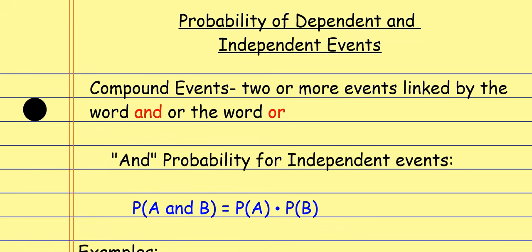So if I say, hey, what's the probability of the first thing happening? Now, separately, what's the probability of the second thing happening? Well, if I want the probability of both of those things happening, I want the probability of this thing and this thing, I just take the two separate probabilities and I multiply those two fractions together, okay? For example,